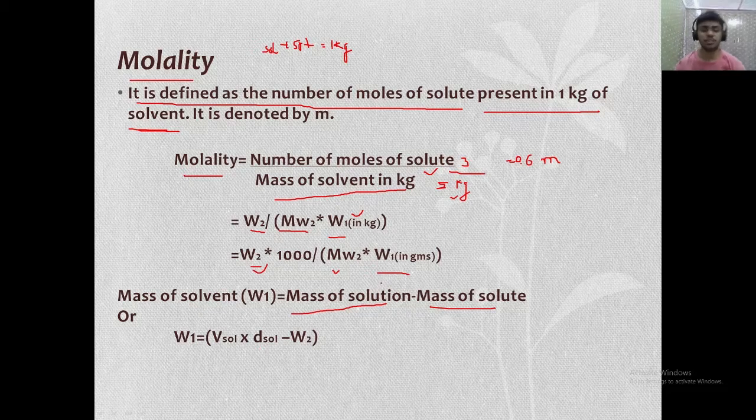Mass of the solution will be volume of the solution, that you can easily measure in a flask or a measuring cylinder, into density of the solution. Now density also you can measure using simple devices like a lactometer. I think it is used to measure density. So that also you can measure. So volume of the solution into density of the solution will give the mass of the solution, minus mass of the solute that you have dissolved, that you know, because this one you have to measure to know the number of moles that you are adding. So this you have in account. So it will give the mass of the solvent, okay.